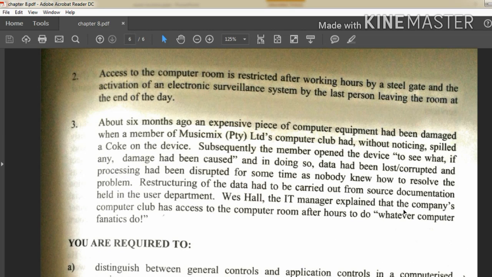Subsequently, the member opened the device to see what if any damage had been caused, and in doing so, data had been lost or corrupted, and processing had been disrupted for some time, as nobody knew how to resolve the problem. Now, the other thing that I can advise you here is that